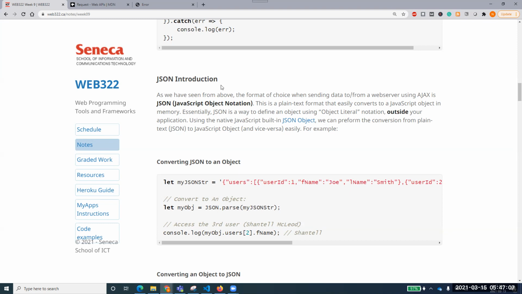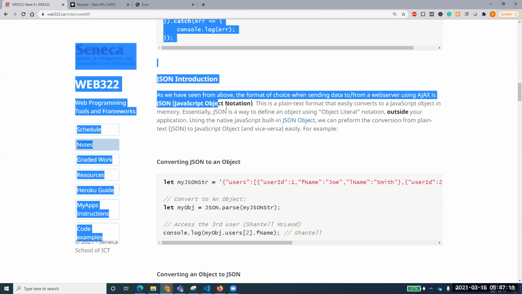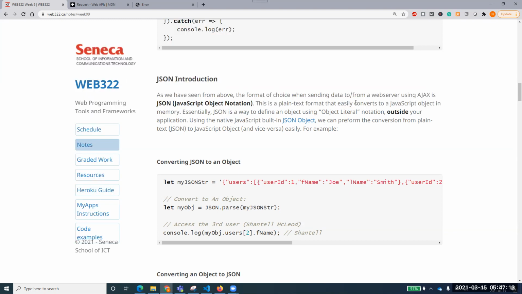So let's discuss that. Websites using Ajax use JSON. So JSON data is basically sent in our Ajax requests, right? So JSON is what? It's a plain text format. So does anyone remember what was the format that is followed in MongoDB? MongoDB, was it JSON or something else?